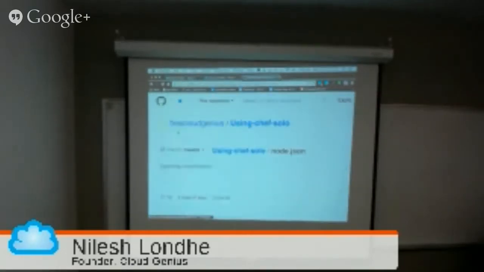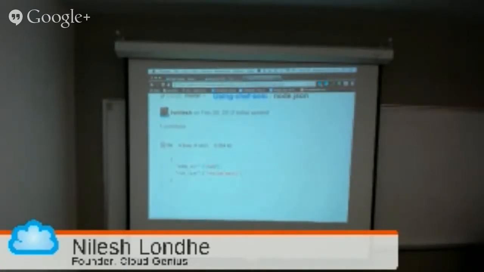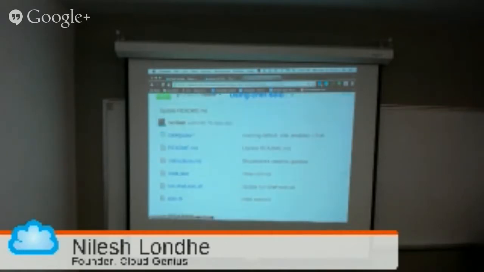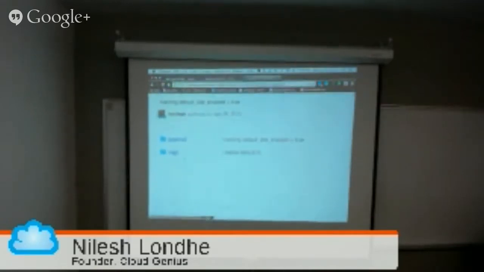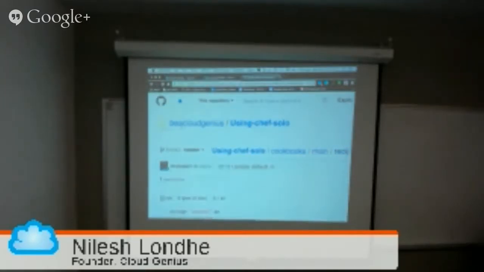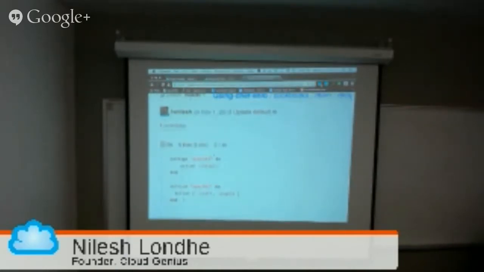If you look at this segment, node.json, what it is doing is creating a temporary directory and running the recipe inside main cookbook. So we need to go find out what main cookbook contains. And there is a cookbooks folder inside which we have a main cookbook, inside which we have a recipes folder, inside which we have a default, and the default says do this, which is basically says Apache action to be done is